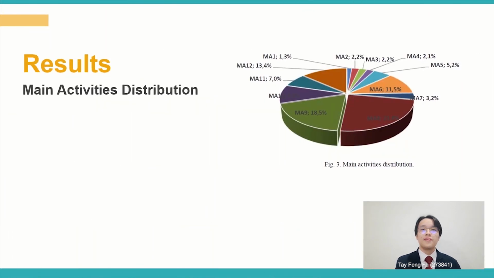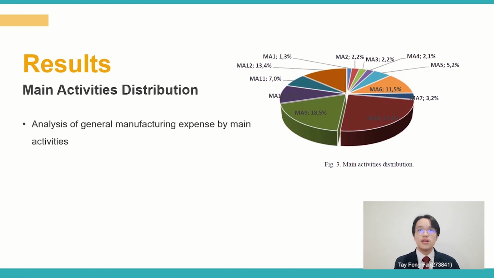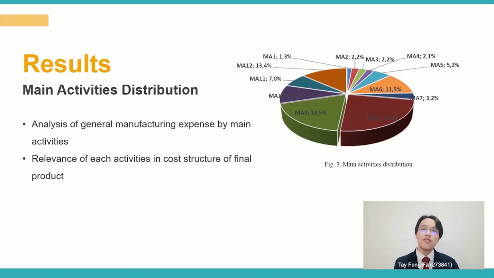So the first result that can be obtained from the implementation is the main activity distribution. The work carried out allowed the analysis of the distribution of general manufacturing expenses by the different main activities. This makes it possible to reflect on the relevance of each activity in the cost structure of the final product, or in other words, it reflects the cost incurred by a product in each main activity the product had experienced